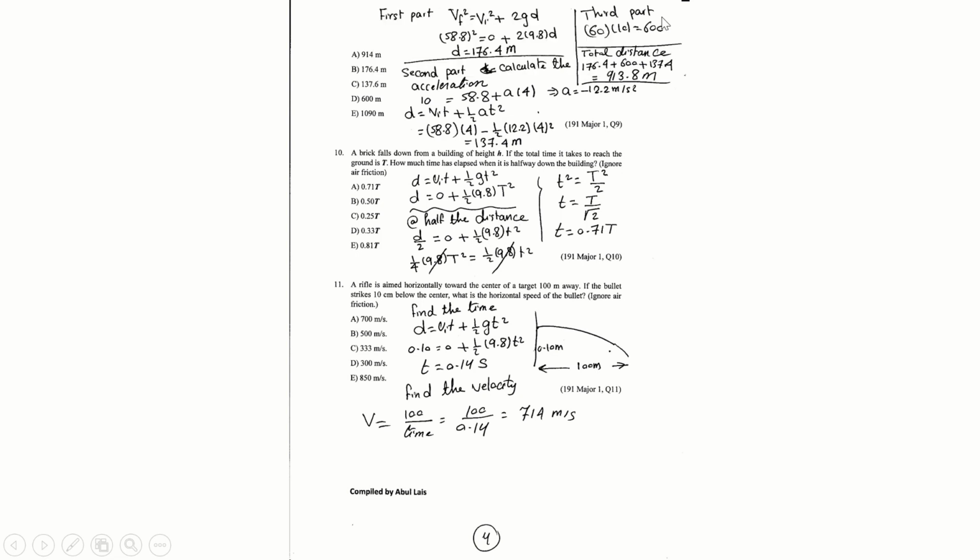Then for the third part, he was moving at a constant velocity. So I just need to apply velocity equals distance over time. So the distance equals the velocity multiplied by the time. Sorry, the time is 60 seconds, and the velocity is 10 meters per second. So it becomes 600. So now I have three parts: the distance for the first part, the distance for the second part, and the distance for the third part. So we add them together and we get the total distance, which is